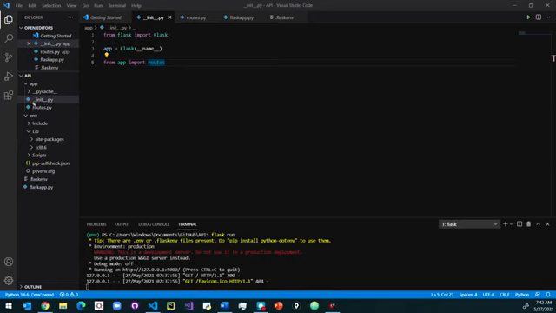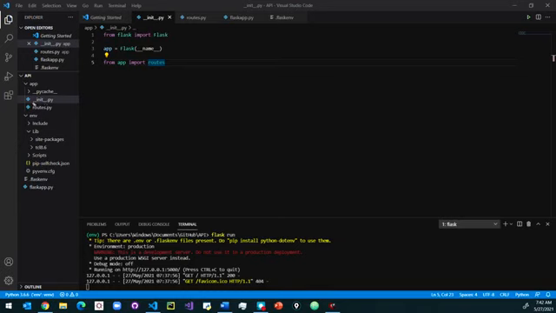Let me check this Flask. You can see init.py is here. Let's check pip, the built-in package: init.py. Let's check Jinja: init.py. So init.py will be there with every package.